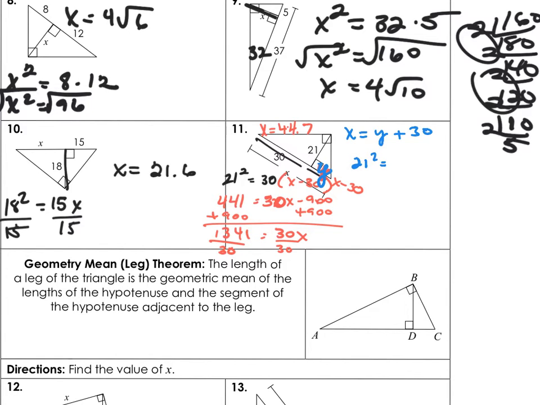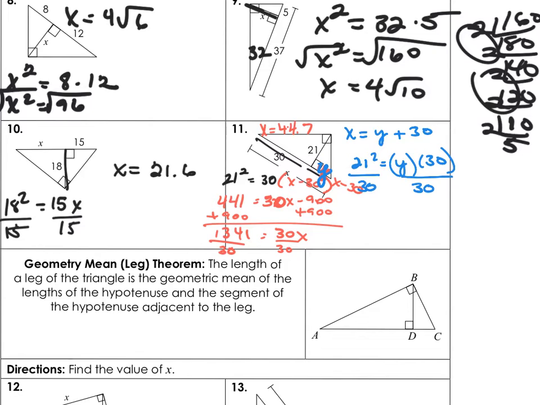Oh, I think I messed this up. Let me go back. Yeah, I was doing the whole thing. So y is a segment and 30 is a segment. There we go. But you're going to divide by 30 instead of,